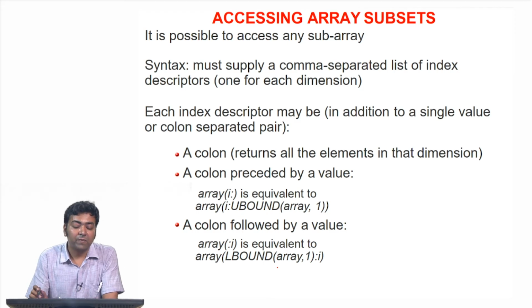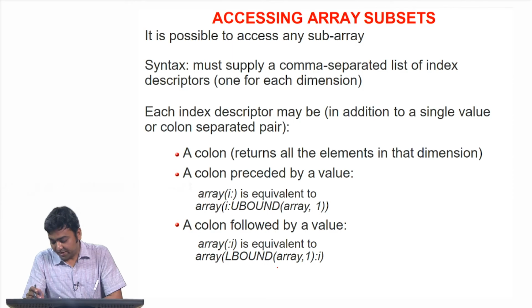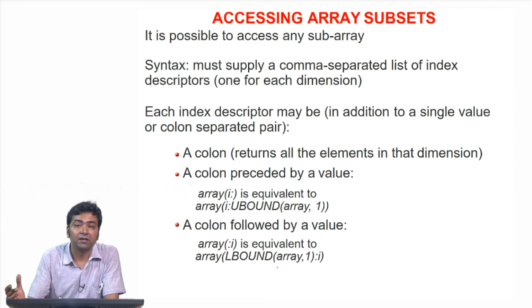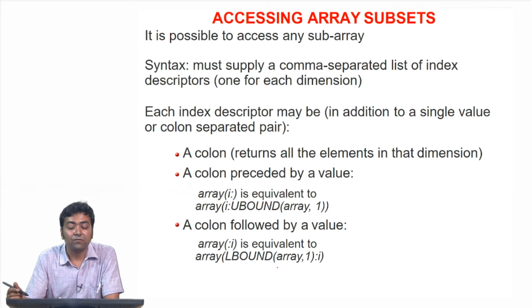Now, it often happens that one is interested in accessing a certain subset of the array instead of the whole array in one shot. That is also possible in Fortran. The syntax typically consists of a comma separated list of index descriptors, one for each dimension. So, for example,